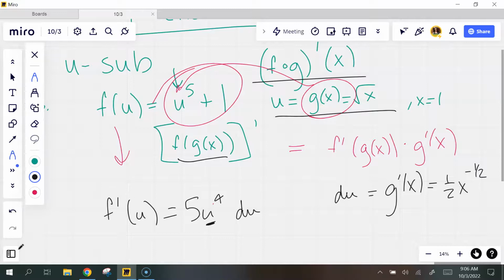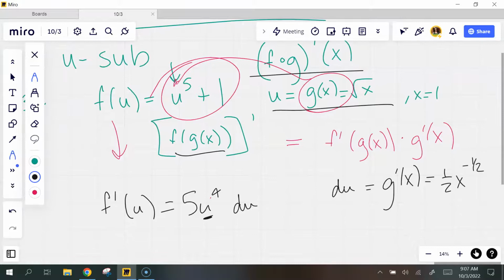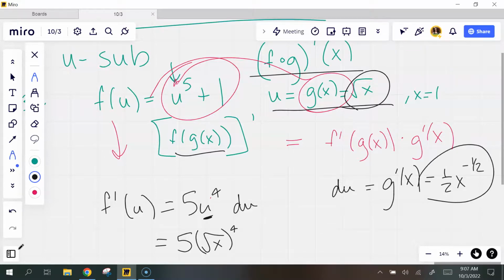It's going to be really helpful when we have some wonky things that we have to find derivatives of. So now what I can do is just plug in what I know. Well, u is the square root of x, so I've got 5 times the square root of x to the 4th. And then I know du